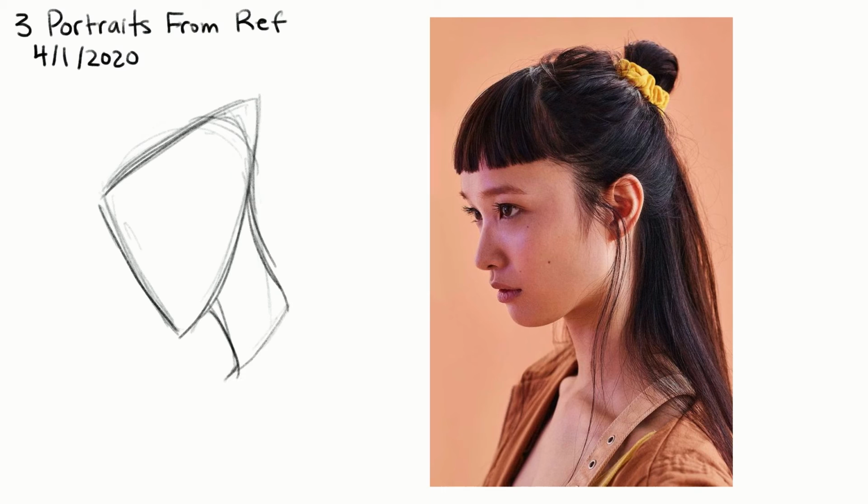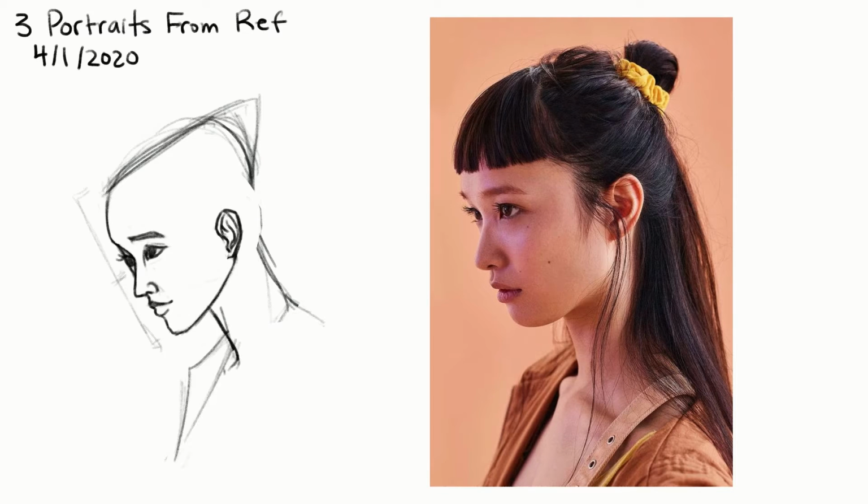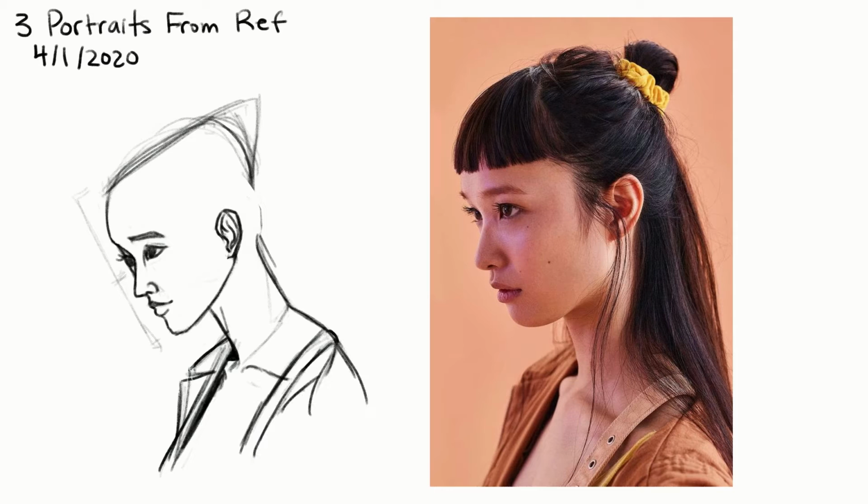Also, in the first week of this challenge, I'm supposed to be drawing 3 portraits from reference. So in my mind, that just meant something that would take a little longer, take a little bit more effort. And I think it's very telling that whenever I try to draw something that actually looks good aesthetically, I don't go for construction methods, and I go straight for just trying to sight things and observe things and place all the features. And in my mind, I feel like this is not as effective of a technique of learning to